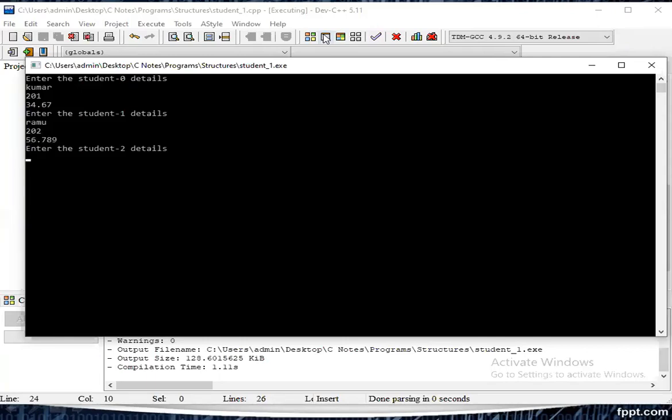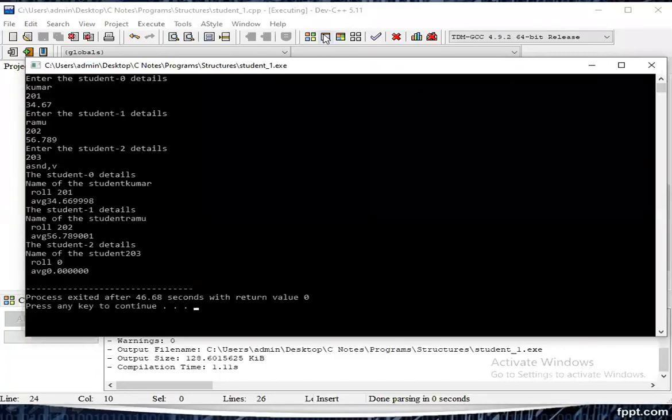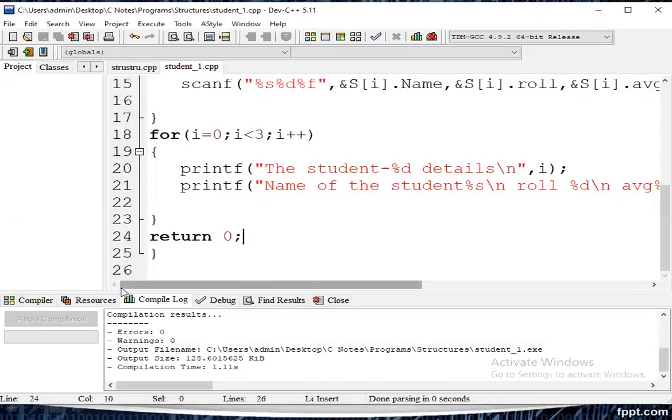Next, student 2 details, 203. Sorry, the last information is wrong, but the remaining things are good. Name of the student, roll number and average. Details are given properly. In that way we can use the array of structure.